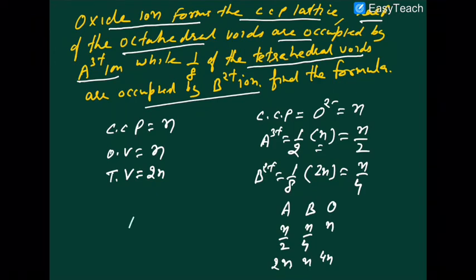So what will the formula of the compound be? A2BO4. This is the formula of the compound. Are you getting that? Remember, whatever the nature of the compound, the total positive charge is always equal to the total negative charge. That should always be the criterion. Are you sure about that? That must be kept in your mind. Are you okay with that?